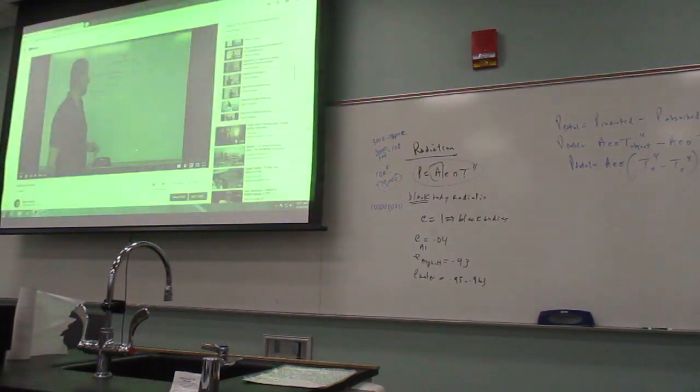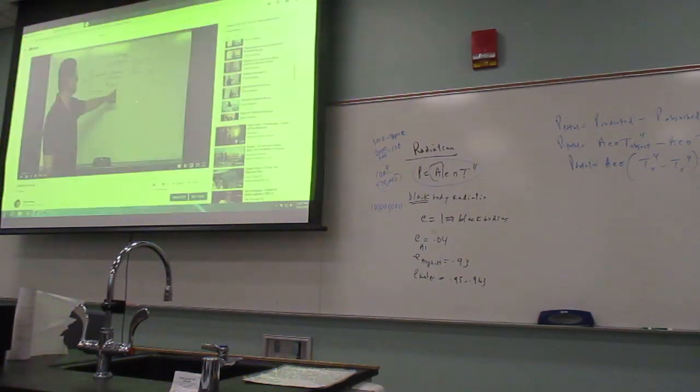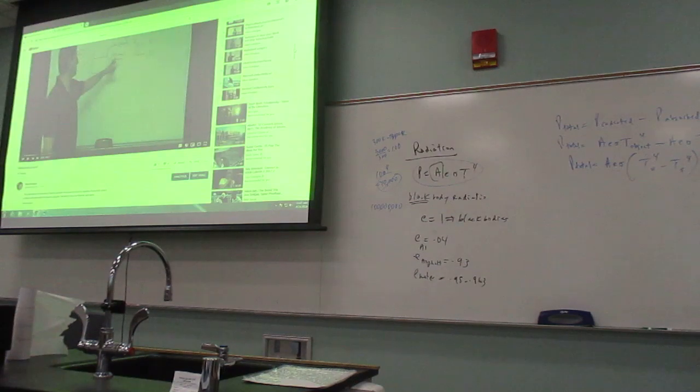Come to an example on radiation. We have here a glass beaker. The glass beaker is at an initial temperature of 80 Celsius. The mass of the glass beaker is 400 grams. Let's see, which one did I do? That one is a pretty good one. And then the other one,